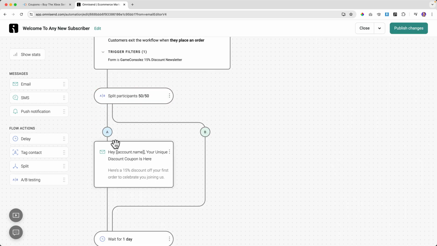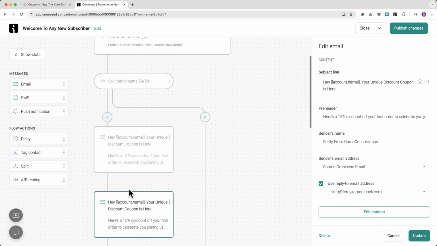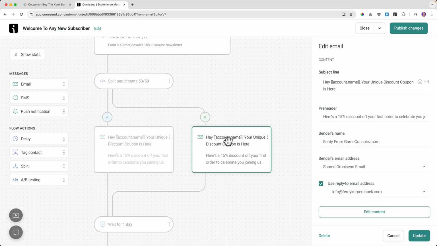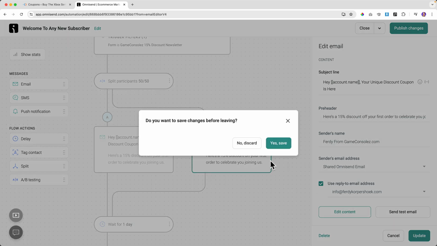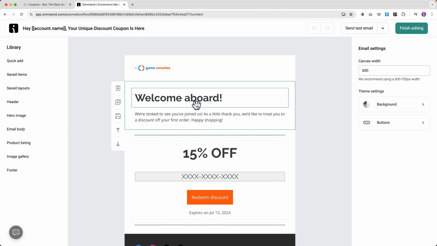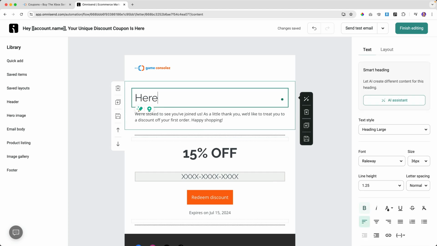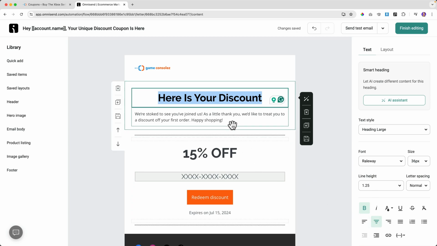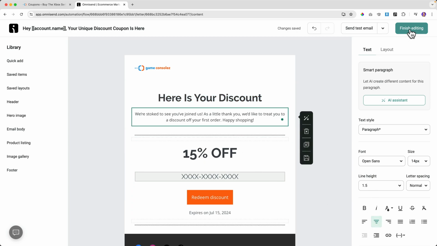So also with this one, clone, and then change one simple thing. Don't change 15 things because then you don't know where the difference is in the conversion ratio. So edit content. Yes. Save. Change one thing. Here is your discount. Command B. Bring it to the center. By the way, I want to have everything in the center. Finish.